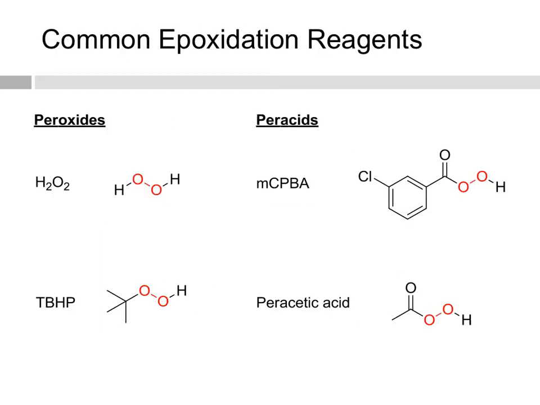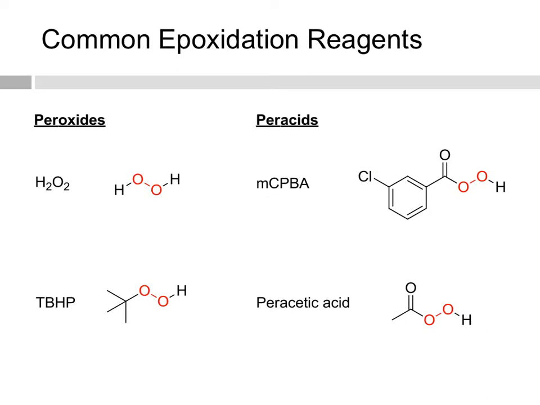Some common epoxidation reagents are peroxides and peracids. Each of these has oxygen-oxygen single bonds. Examples of peroxides are hydrogen peroxide and TBHP, which is tert-butyl hydroperoxide. And examples of peracids are MCPBA, and in MCPBA, the MC stands for meta-chloro, and that's the position of